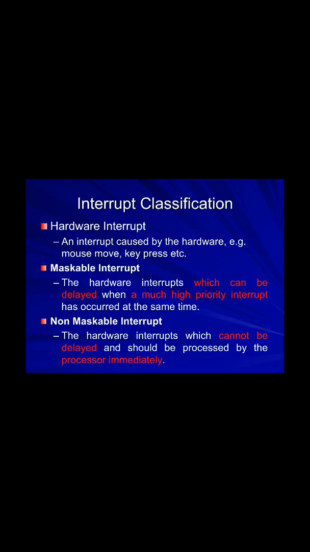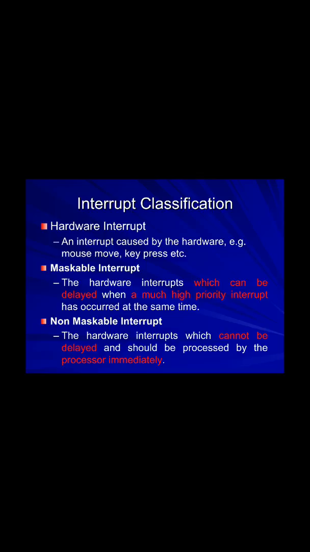But these are the commonly understandable interrupts that are more easily understandable to you. The keyboard, when you press any key on the keyboard, generates an interrupt. When you move your mouse, it generates an interrupt. So this interrupt is called hardware because these interrupts are generated by tangible objects. So hardware interrupts are of two types: the maskable interrupt and non-maskable interrupt.